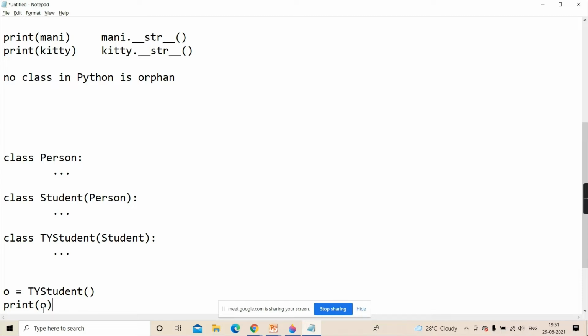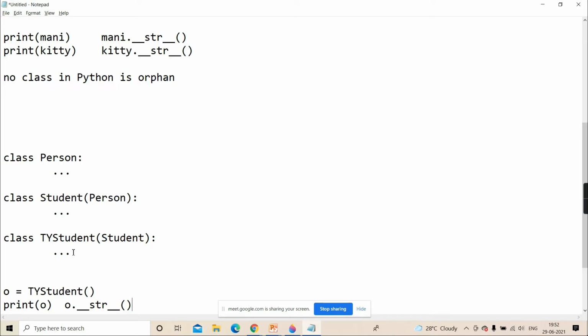So according to the rule here, what is going to get called, my dear students? Just now I guess Shweta told. It is going to call that magic method, double underscore str double underscore. Yes or no? So it will call that magic method, but first it will search that magic method where? In the class whose object it is. So tell me, is this O an object of ty student? Yes. So it will search that magic method in which class? In the existing class, meaning whose object it is. So it's an object of ty student, it will search there.